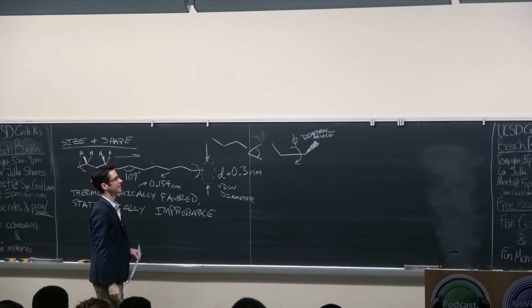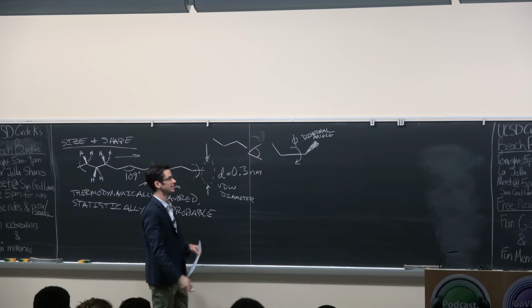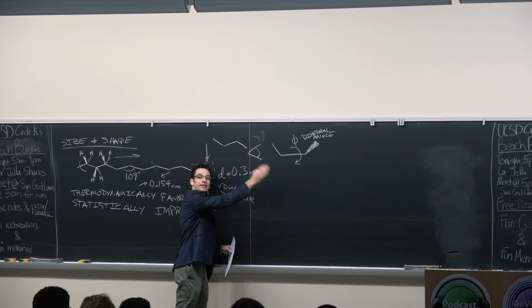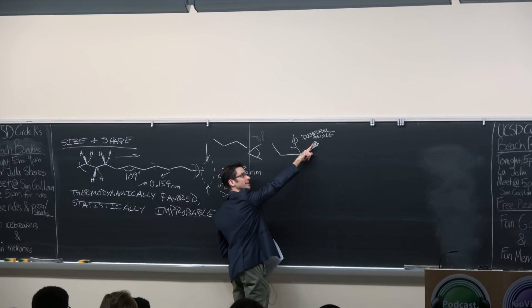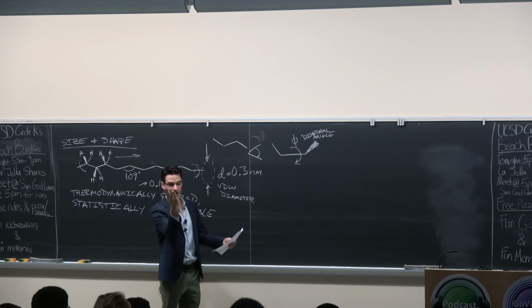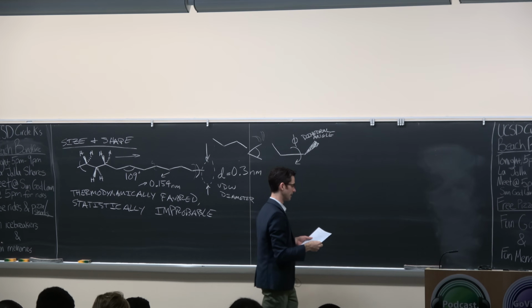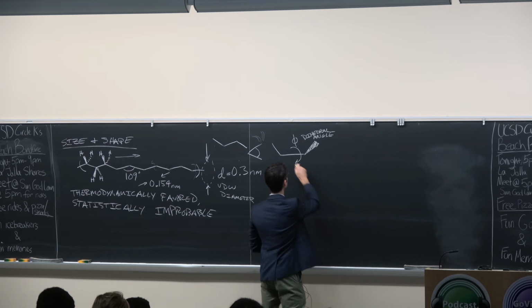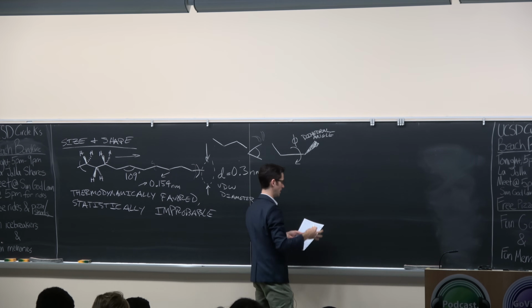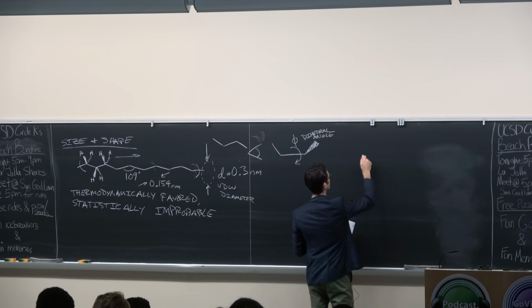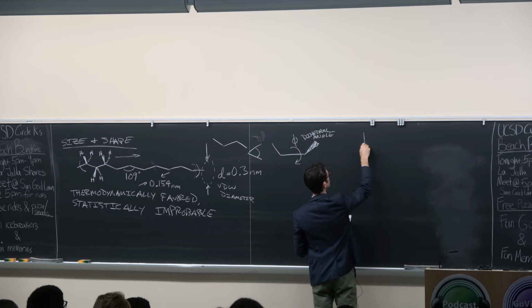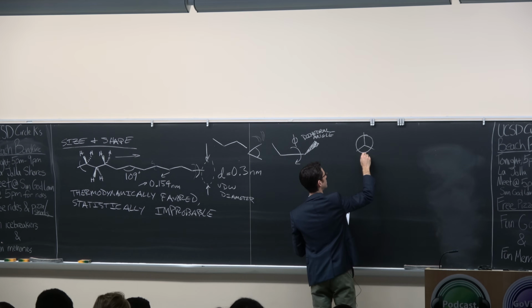You put your eyeball like this, and you look along the plane of the board, and this bond is pointed out of the plane of the board. What does this look like in terms of a projection down this central carbon-carbon bond? What you end up with is a peace symbol, man,